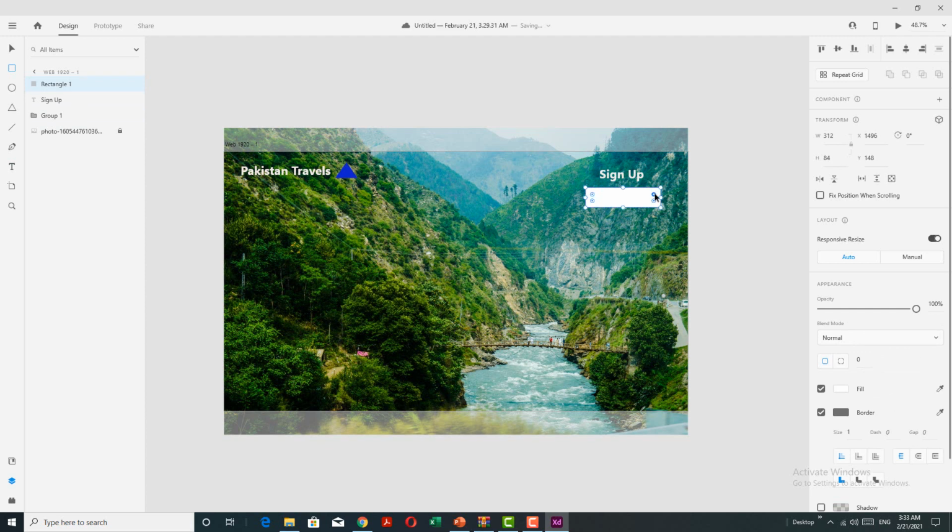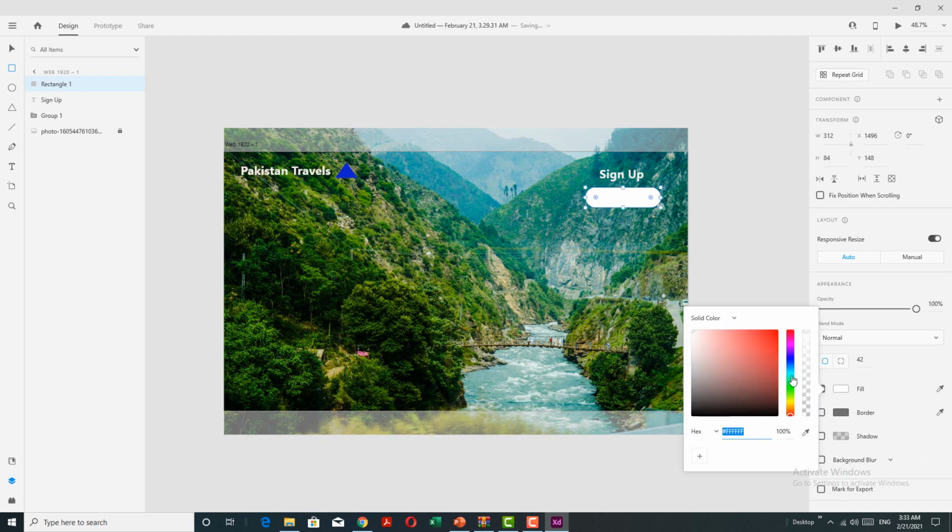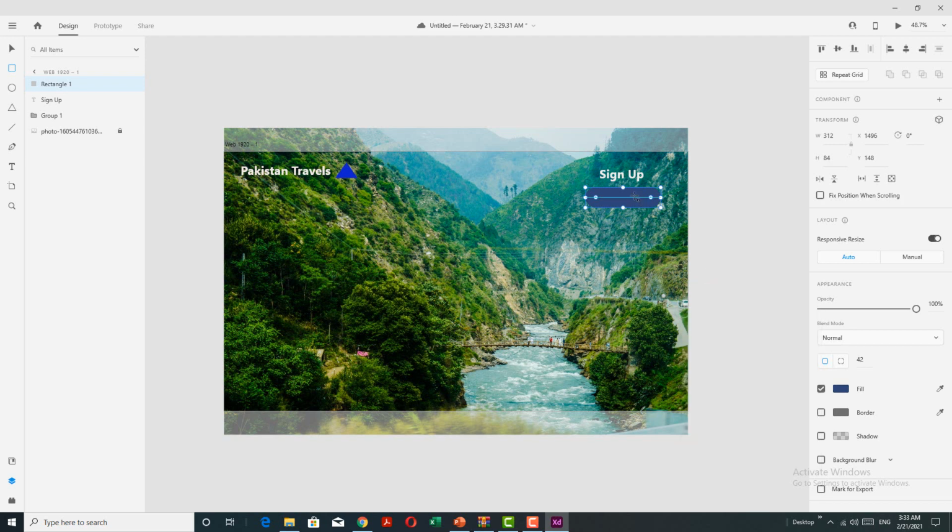And we can curve it like this. We can change the color of it, remove the borders, and fill it with blue color, or if you want any color you like, you can add it here like this. Okay, when we go to the selection tool and place it, the text is on the upper side of that rectangle.